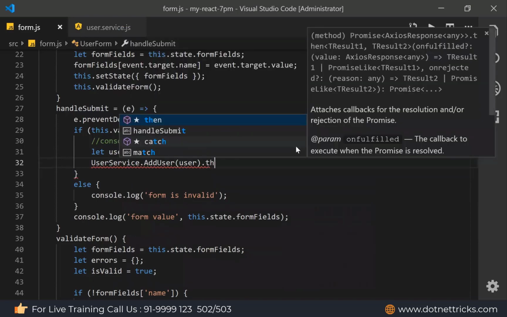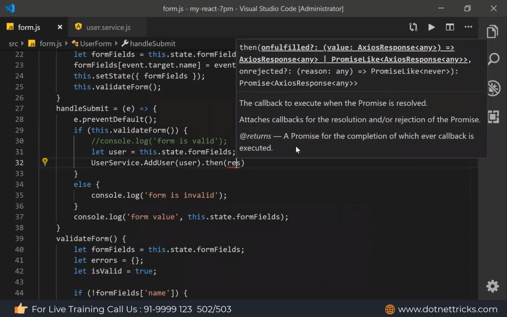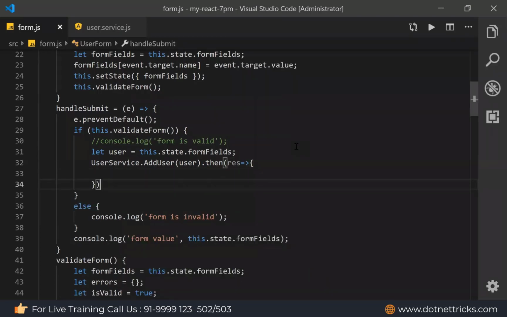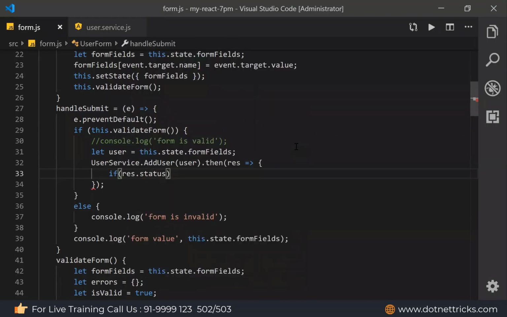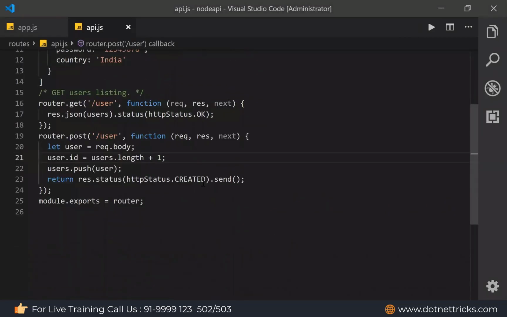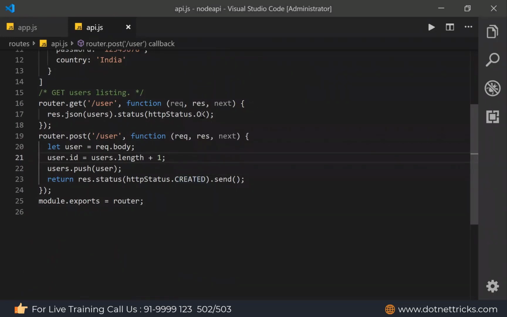And finally use here the then method, and you will get the response. From that response you will find out whether it's successful or failed. So for the add user, it should return the status code as 201. So it should be response then status equal to 201, because if you remember, at the API level we are returning the status code 201 when the user is created. For user listing, the status code is 200.